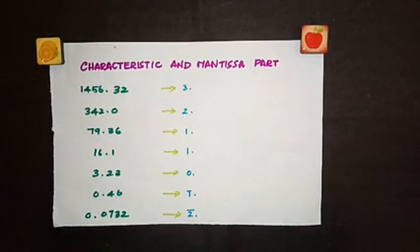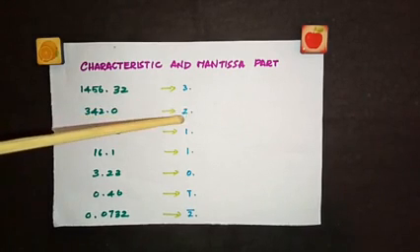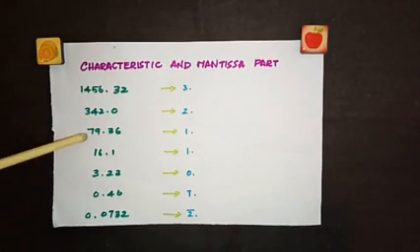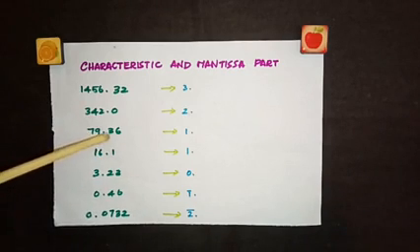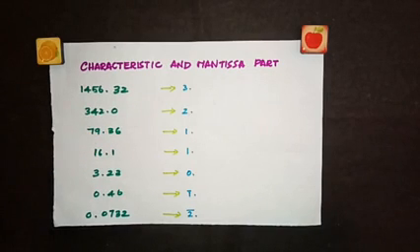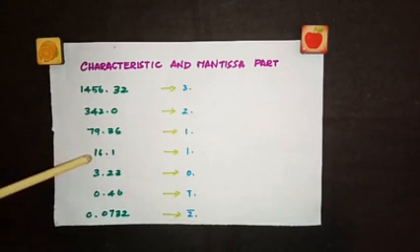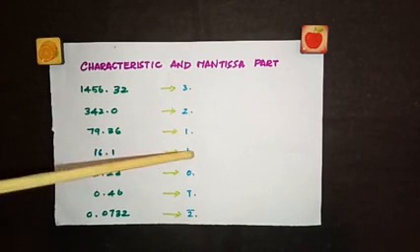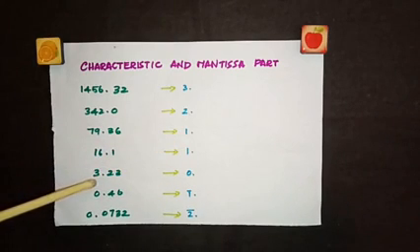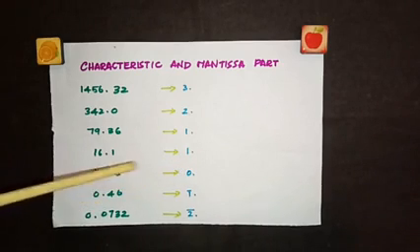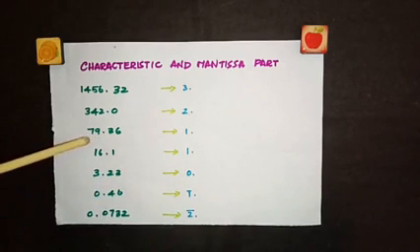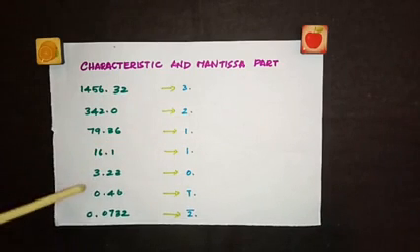Now look here. Before the decimal, how many digits do you have? 3 digits, so 2 point. The characteristic part will be 2 point. Now look at this example, 79.36. Before the decimal we have 2 digits, and no matter how many digits you have after the decimal, just look at the digits before the decimal. So 2 digits are there, so your characteristic part will be 1 point. For this one, again before the decimal we have 2 digits, so 1 point. Here we have one digit, so you write 0 point. So the total number of digits before the decimal minus 1 will be the characteristic part.